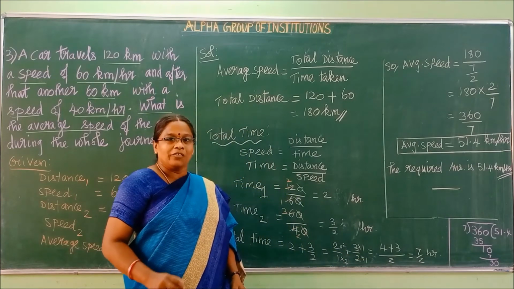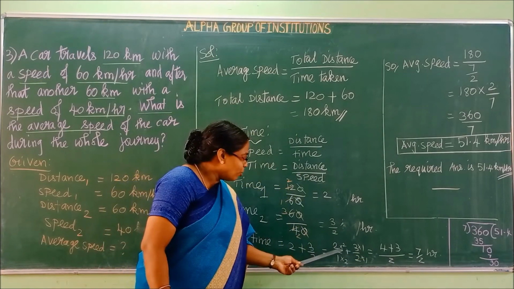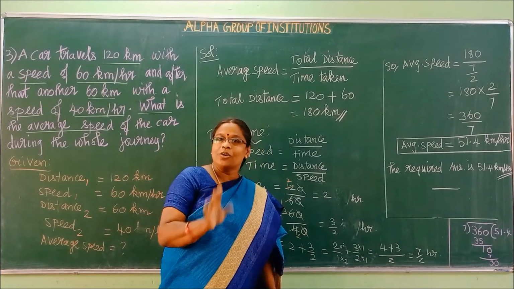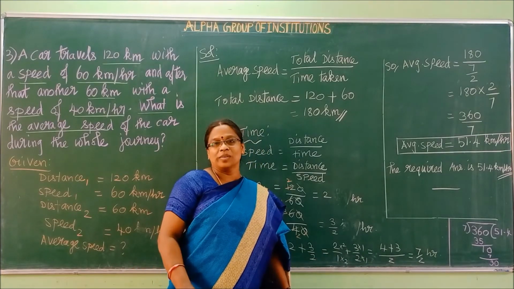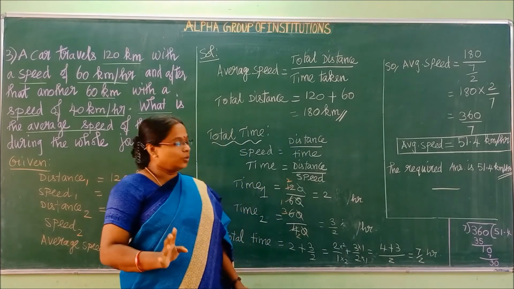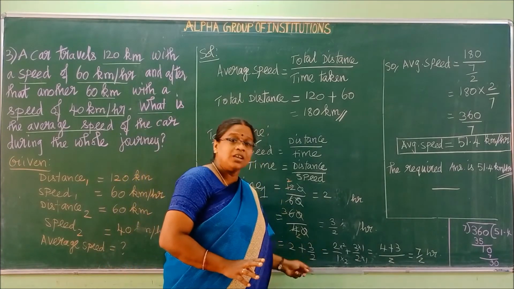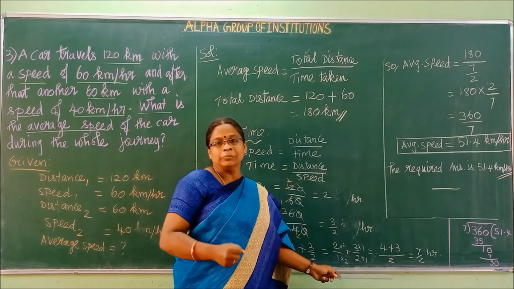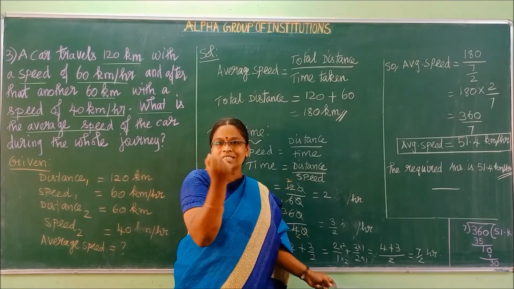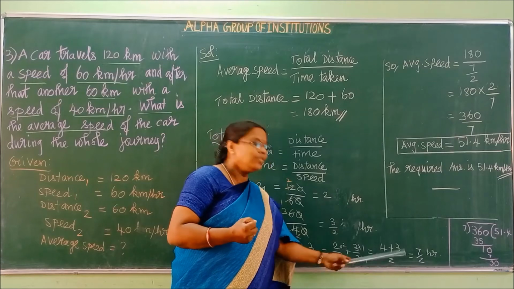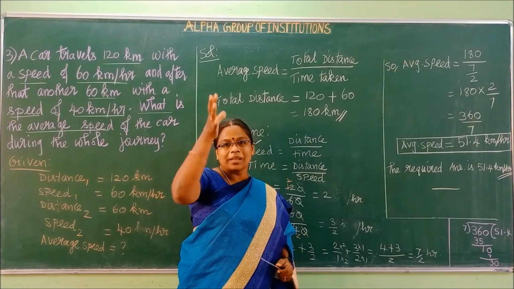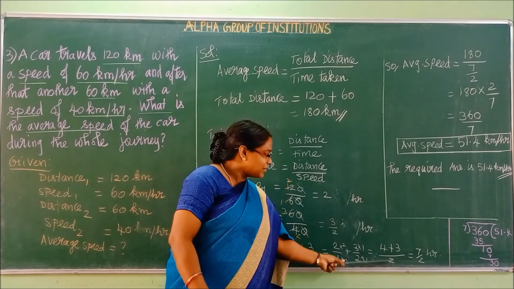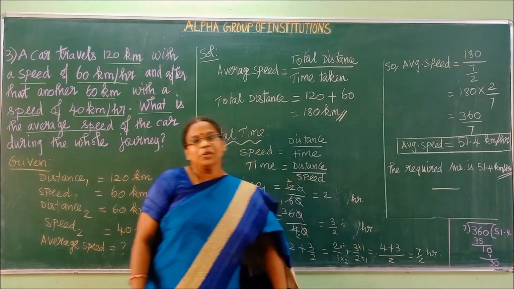Children, don't get one confusion here. Here both we are adding here. Why we cannot add 2 plus 2? 4. Don't make that mistake. Some children will go with that mistake. So please don't do like that. When you are adding the fraction, denominator will come as it is. That is the combined multiple. Right? So that LCM, that same denominator only will come here. So that is a mathematical rule. So don't confuse that. Okay. So keep it as it is. Then what is that? 7 by 2 you will get.